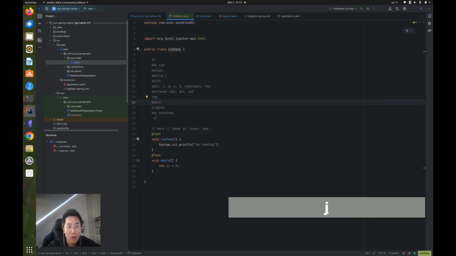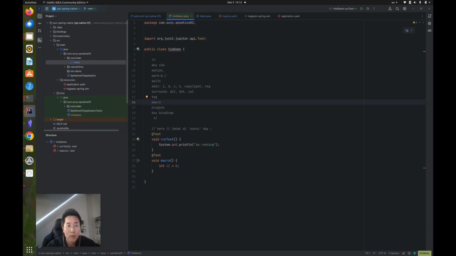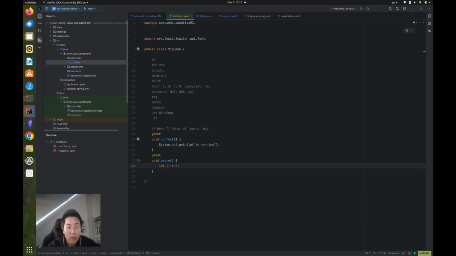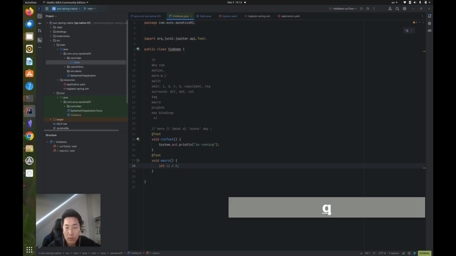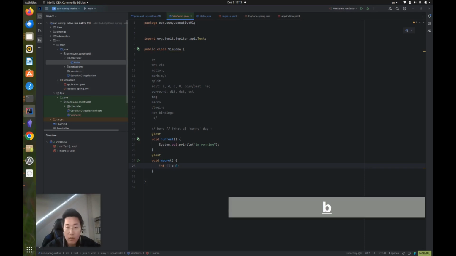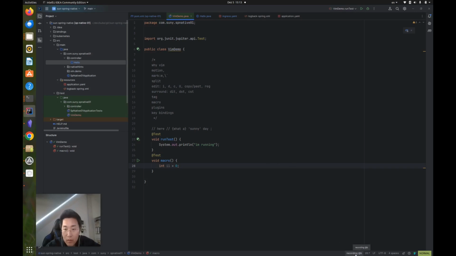Next one, macro. In Vim you can record something and replay it later. So it's easily done, like with command q, and you need some register like b, and if you see here, it says recording to register b, and